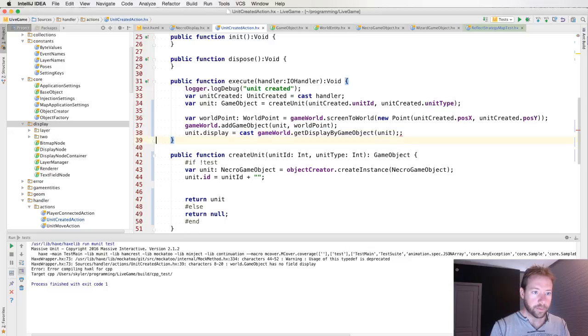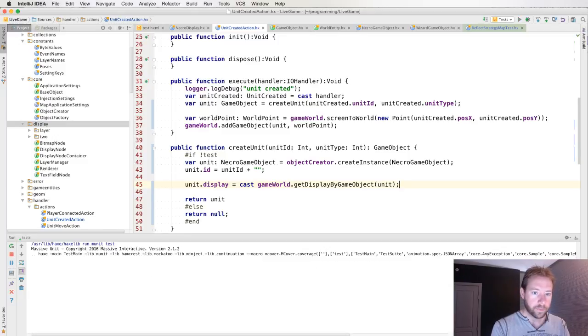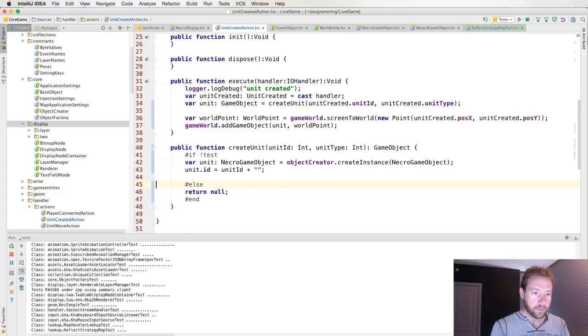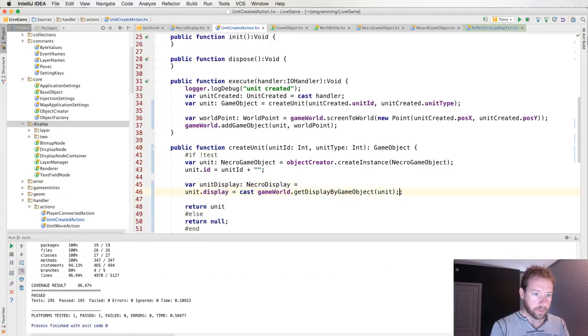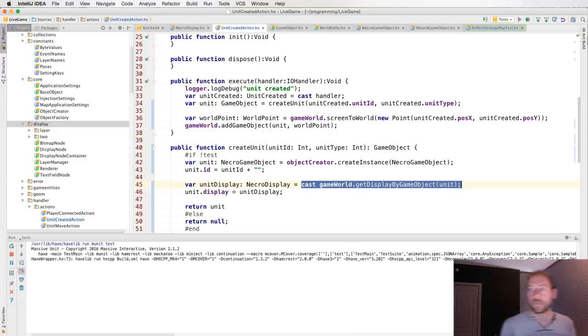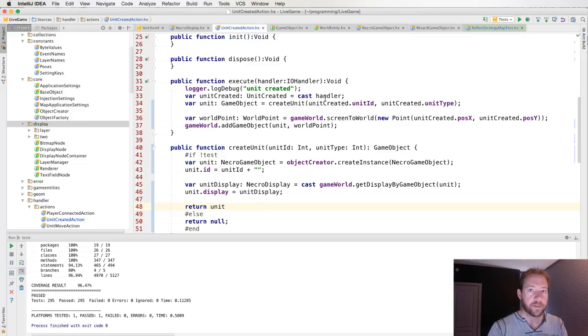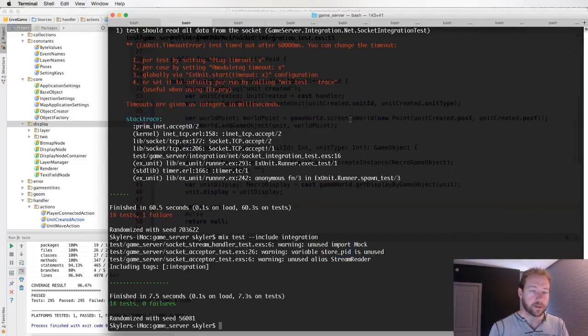No. Okay, so actually I need that. I actually need that. Okay, so there we go. So our tests are passing again, but now we need to update our server side